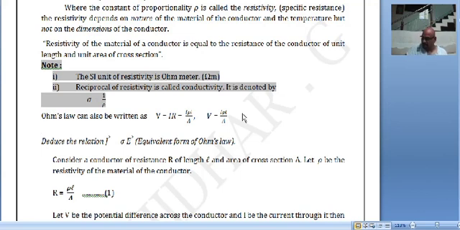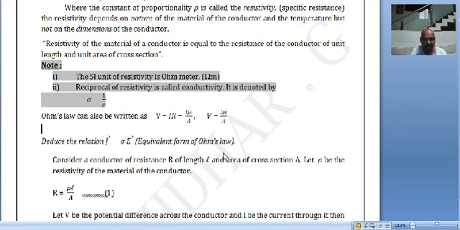And another very important thing, today's last objective, you should feel happy. That is to arrive at the relation J is equal to sigma E. What is J is equal to sigma E? J is current density, remember, current per unit area. Sigma is the reciprocal of resistivity, called conductivity. E is electric field intensity.